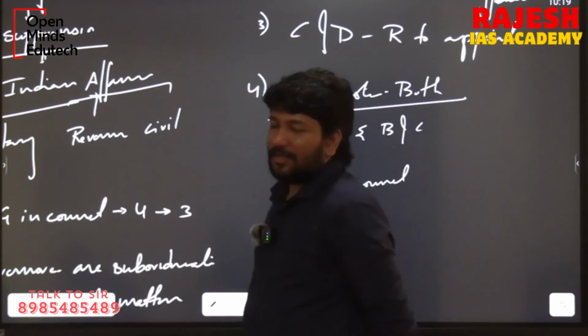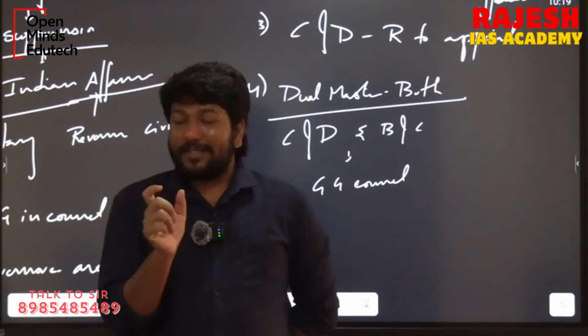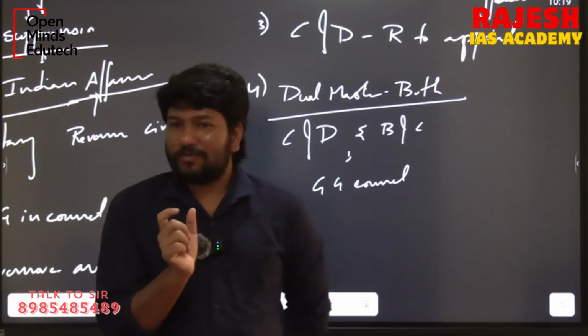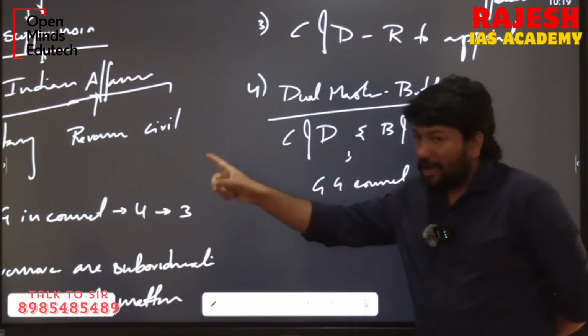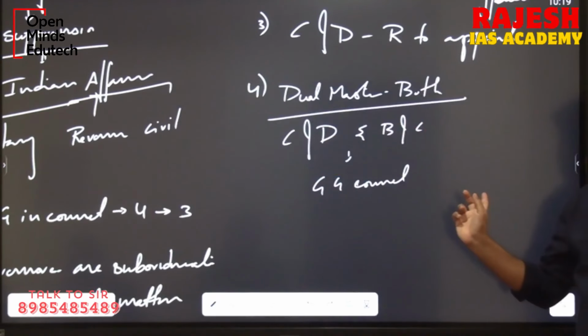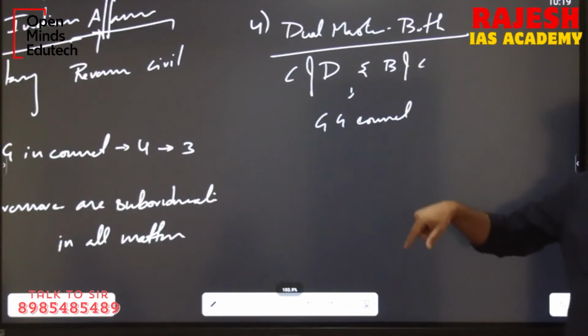Two masters. So that is why it is called Pitt's India Act, the dual government. What does it write? Dual government: the Board of Control and the Court of Directors. The Board of Control will look after